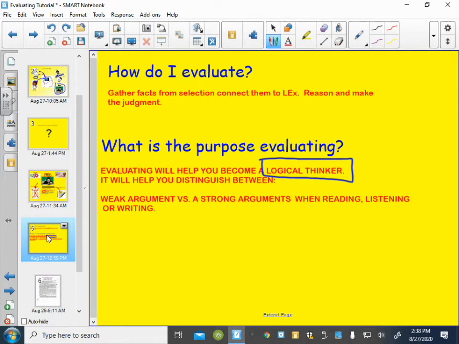This is when you're able to distinguish whether an argument is a weak argument or a strong argument, not just when you're reading, but also when you're listening to people's conversation or when you're writing.